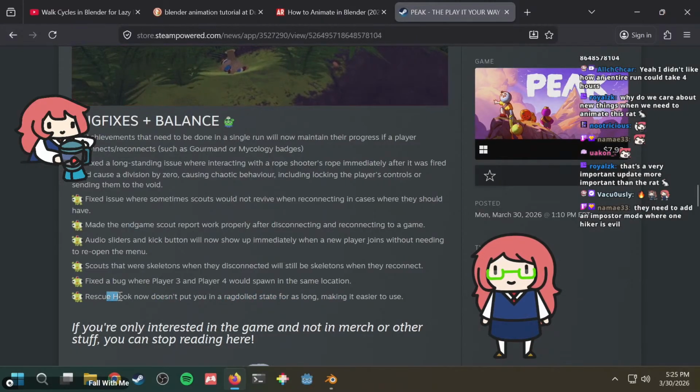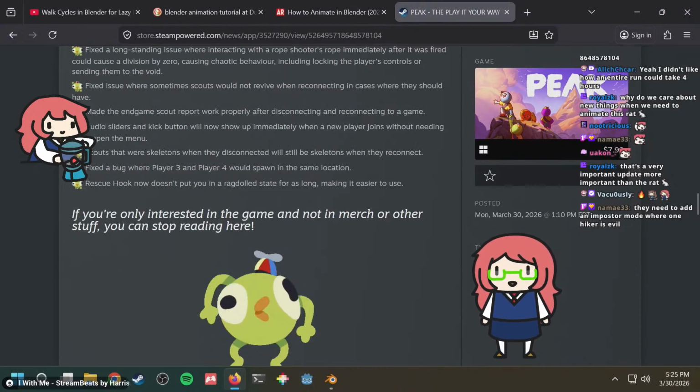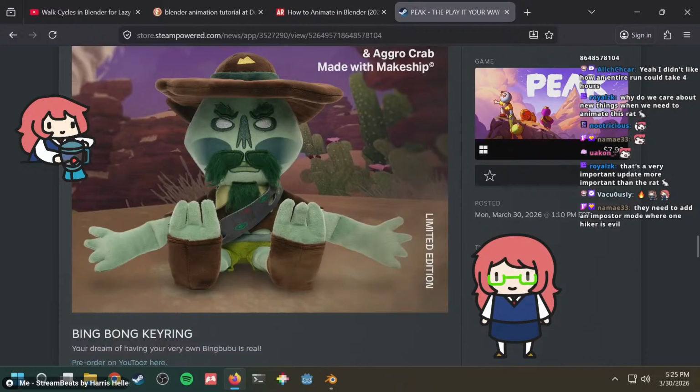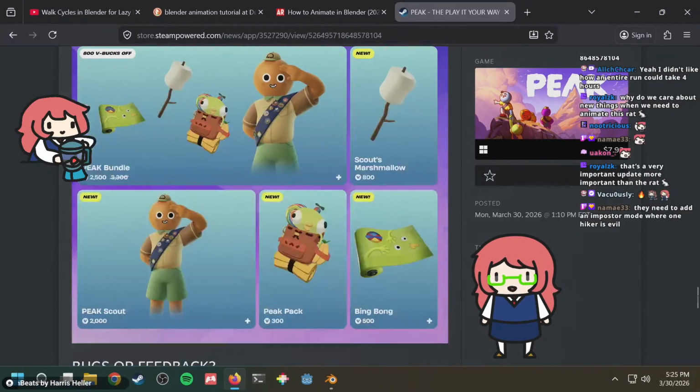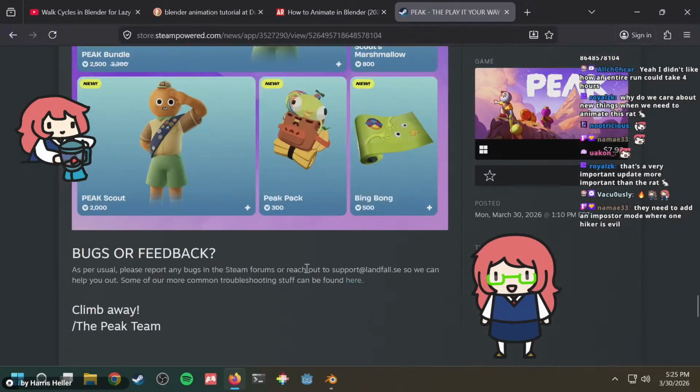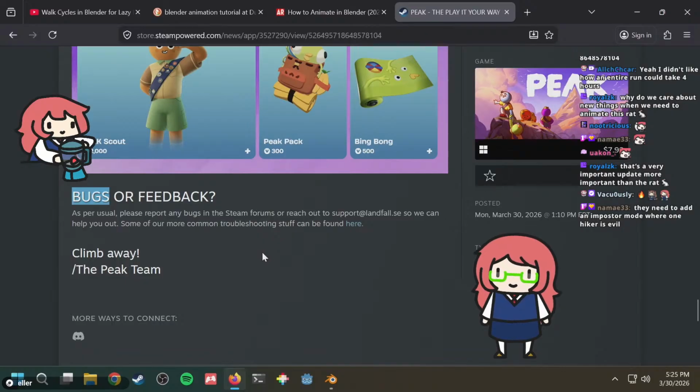That was the big problem with the rescue hook. Why did it call rescue hook? Isn't it called rescue claw? It put you in a ragdoll state and it made it hard to control. But now it's good. Got merch. What's that? This guy. Bing bong keychain. Fortnite. Bugs. They've added bugs to the game, guys. Bugs.